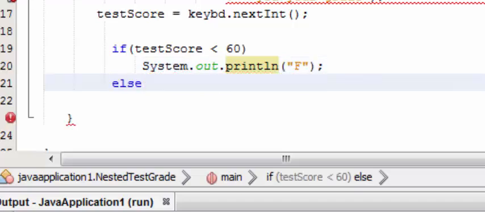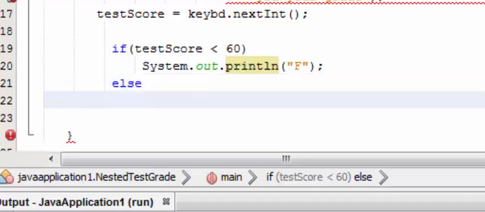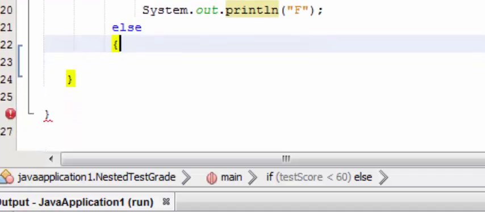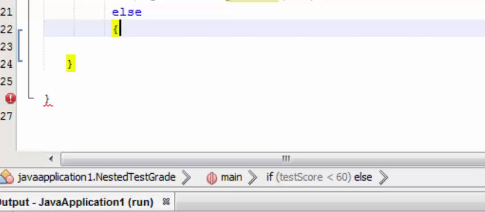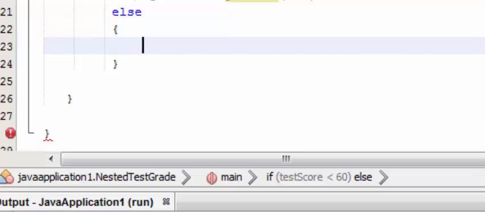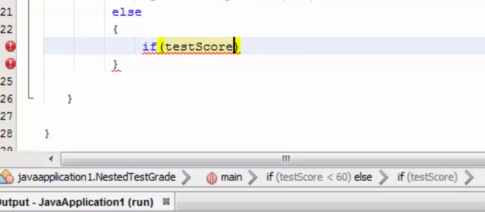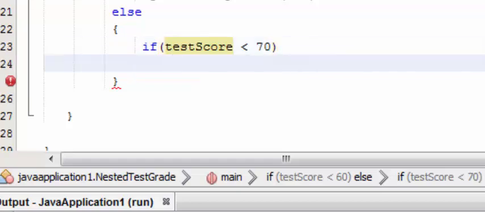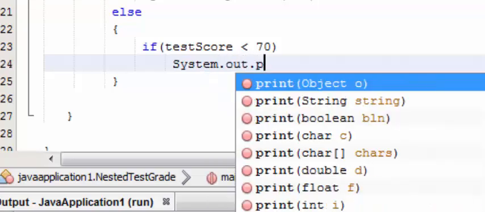Else, and I know this seems ridiculous, but we actually don't need to have curly braces here for all the rest of this because it's considered one big one-liner, but we'll put them in there just to make things look neat and pretty, and we'll talk about matching those curly braces by lining them up. So here in the else, we're going to check for another condition. We're going to check to see if the testScore less than 70, and if that's the case, we will print out the letter D,